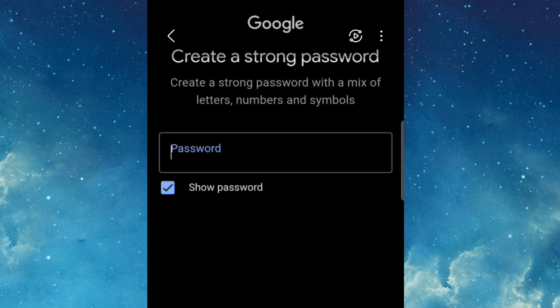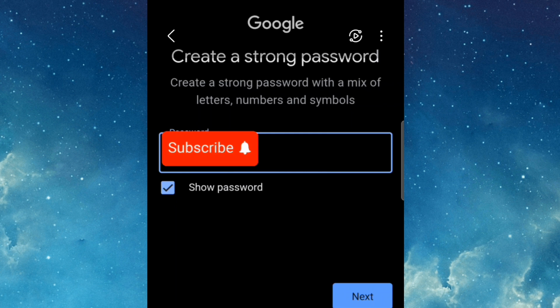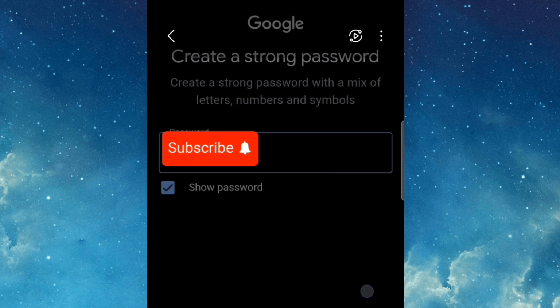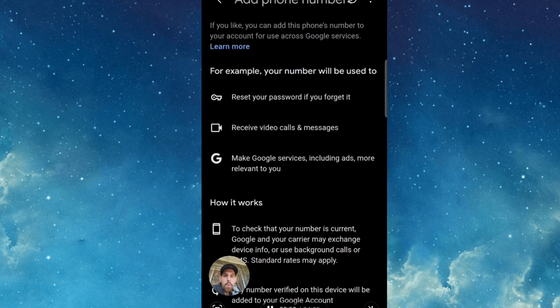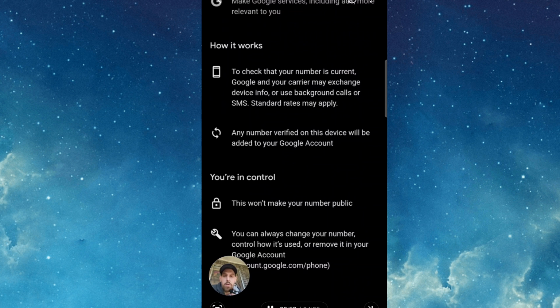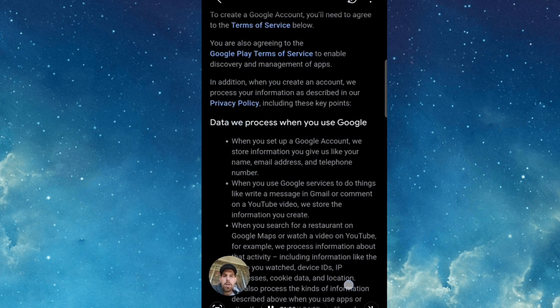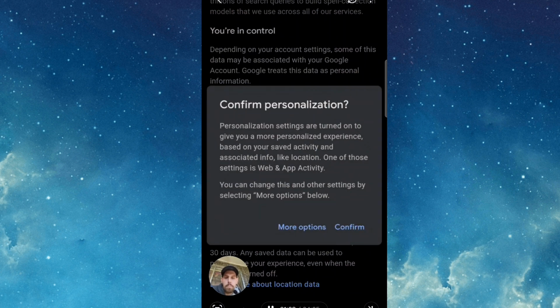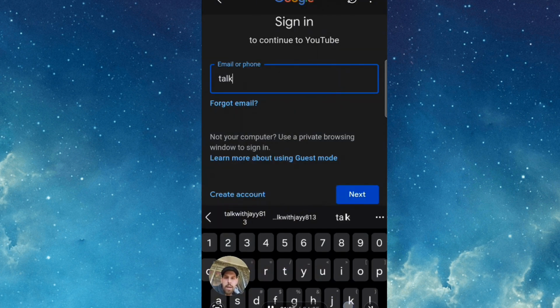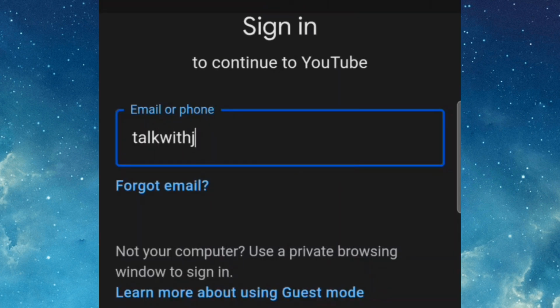So here's where you want to put in your Google account email, right? And you can almost match that with what you would want your name to be for your YouTube account. Your YouTube account can match your Google account. Go through these, confirm, accept the terms. All right. Now you want to sign into your Google account.